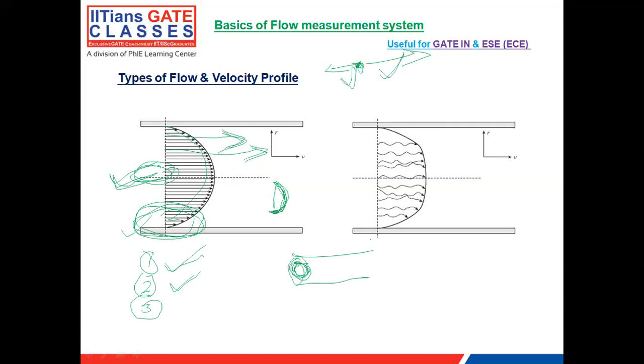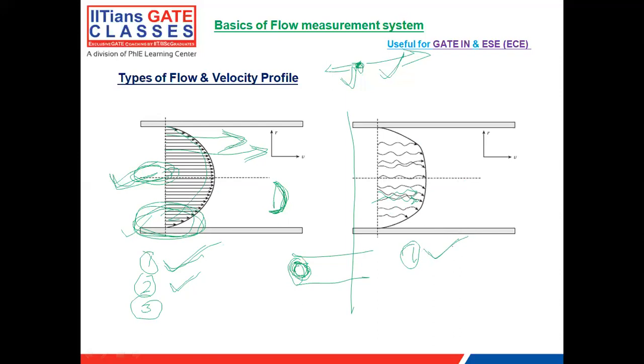Okay, here what we are noticing, the first point that we noticed here is that the particles are moving in disordered manner, right? The layers are moving in disordered manner. There is no one order. So here disordered manner, whereas in the laminar case particles are moving in highly ordered manner.